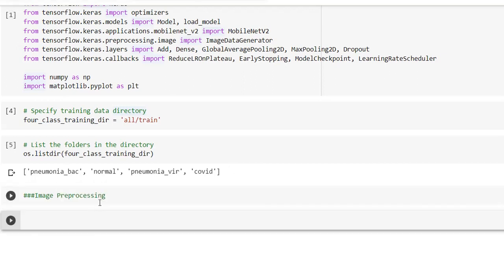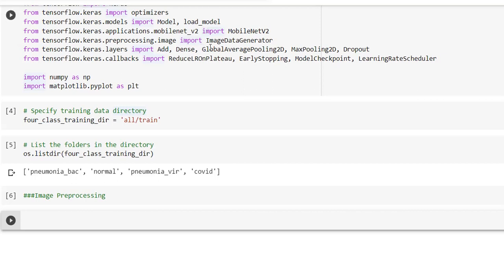Next step is image pre-processing. So we are going to pre-process the image data. Image pre-processing includes normalization and data generation. These are all the things that we are going to do in the image pre-processing. For that, I am going to use the Keras high-level library, which allows anyone to create powerful image pre-processing. The image data generator is a class which allows us to perform image augmentation in a very easy way. I will import that.